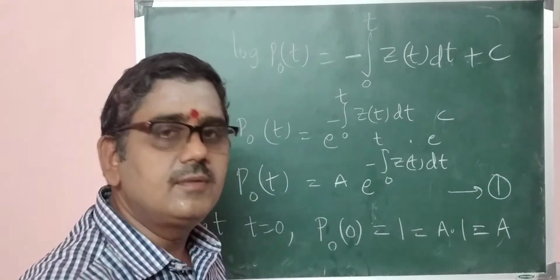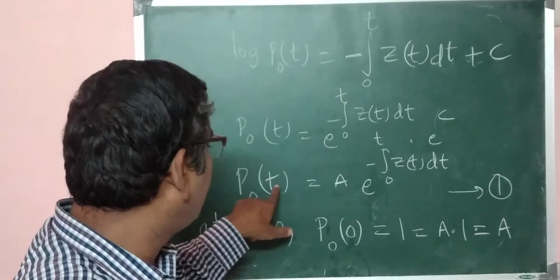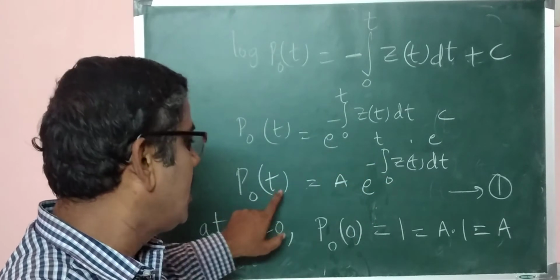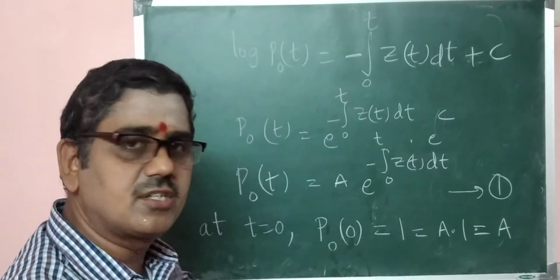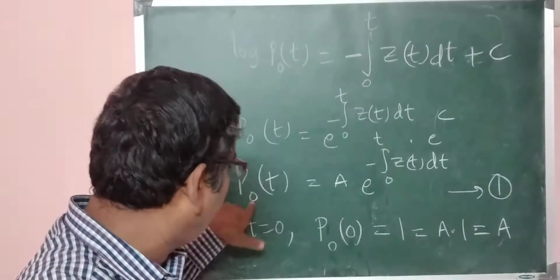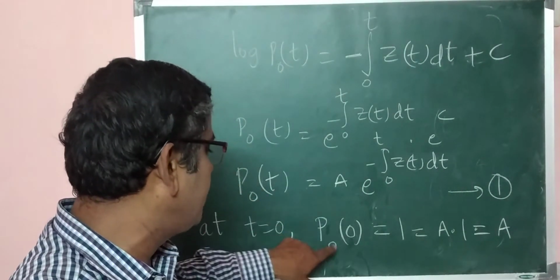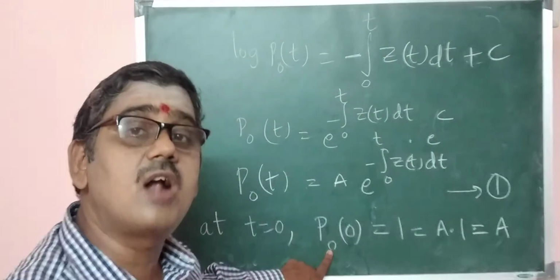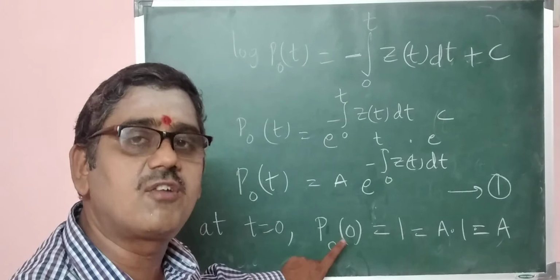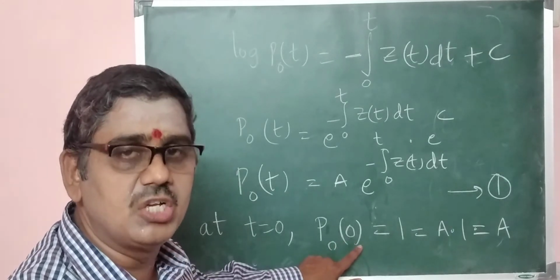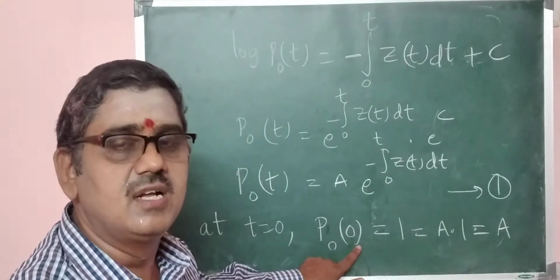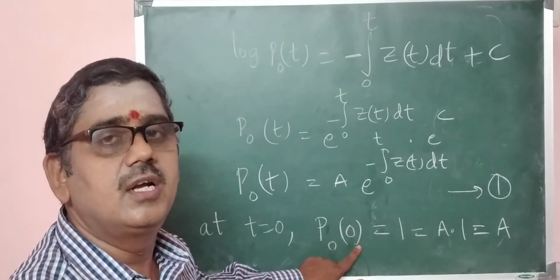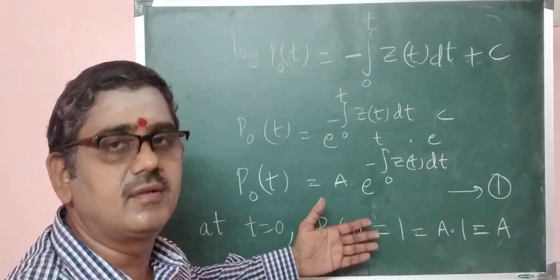Do you understand? So I have considered p naught of 0. At t is equal to 0, I have considered this particular term and I am calculating these two terms, LHS and RHS of equation 1. From equation 1, if you substitute p naught of 0, p naught of 0 is nothing but the probability of a component will not fail, that is state 0, will not fail at the time period 0, that is at the beginning of the test, at initial time period, starting time period. It is always probability is equal to 1.